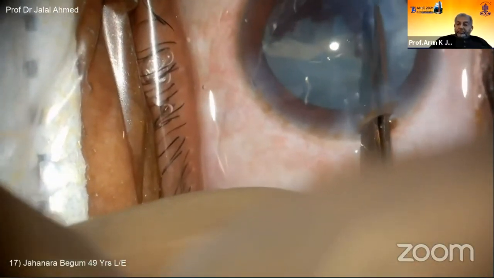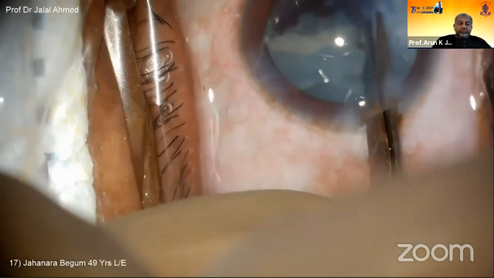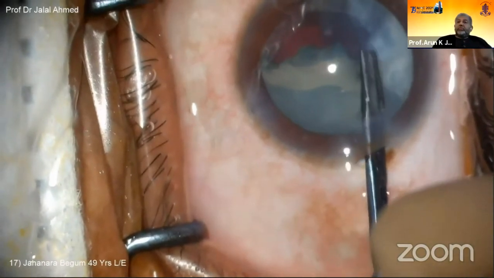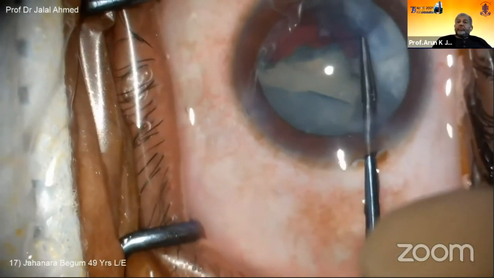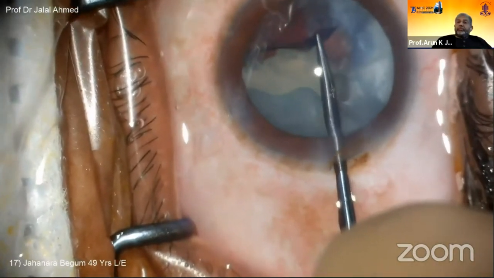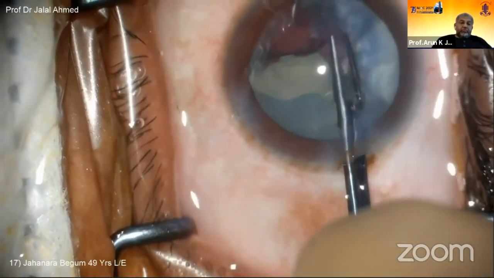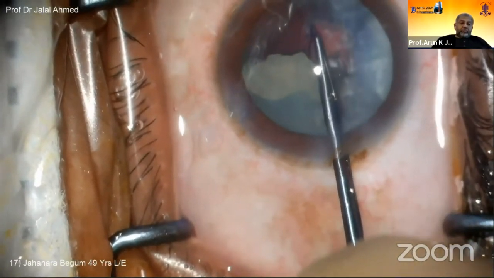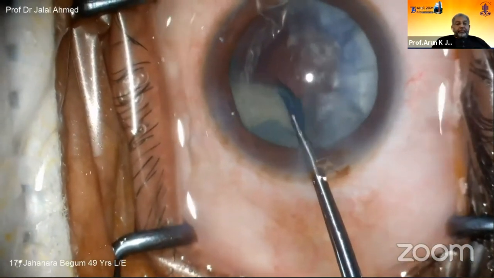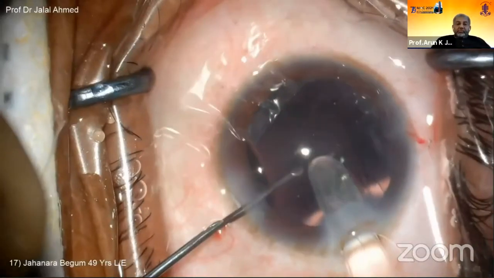Then using a Vannas scissor, the rhexis is initiated in the distal part, and using a rhexis forceps, I am trying to complete the rhexis in the distal part. It is like a hemirhexis. Then after completion of the rhexis in the distal part, there was sufficient space, and I inject viscoelastic and then clear